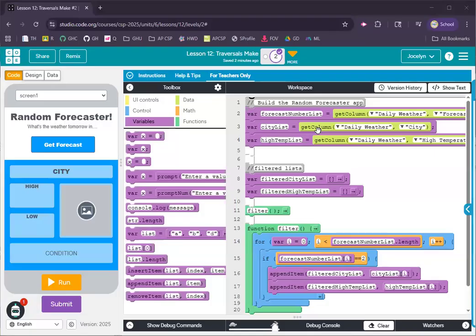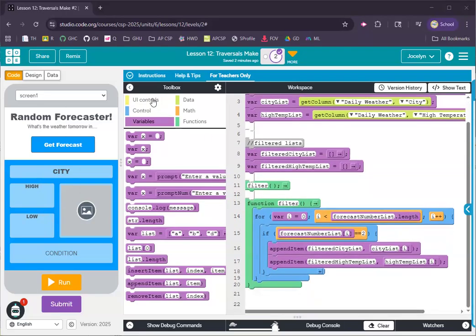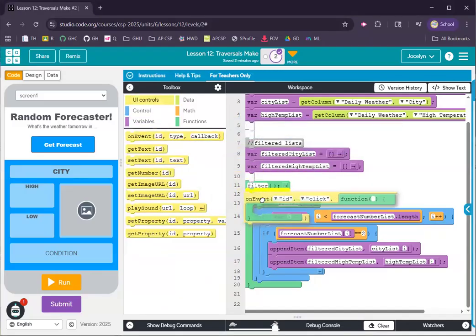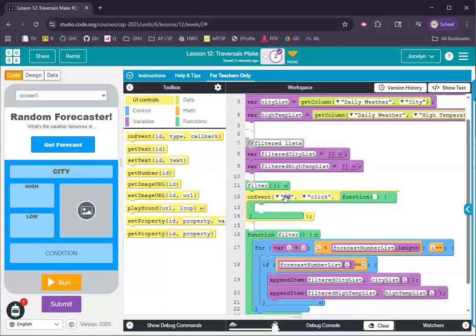Hi, in this part 2 video, we're going to talk about how to get the information to display on the app. There's a couple of things that are going to happen. We're going to have a display be triggered by an on event of this button, which is called forecast button, probably. Yes. And when it is clicked, we want a random city, the temperature for a random city tomorrow, all this